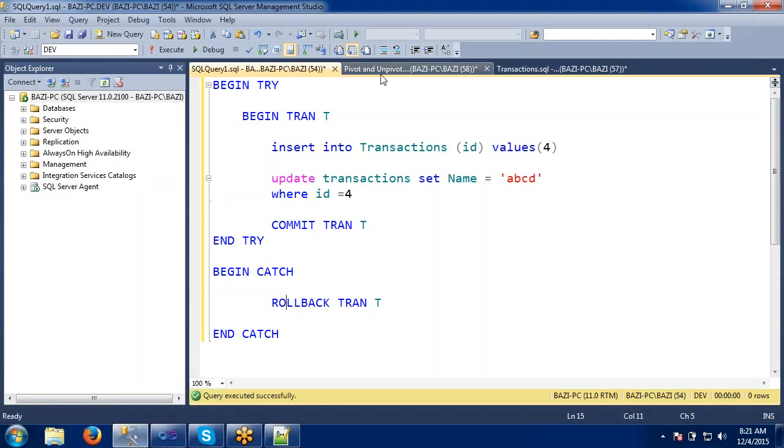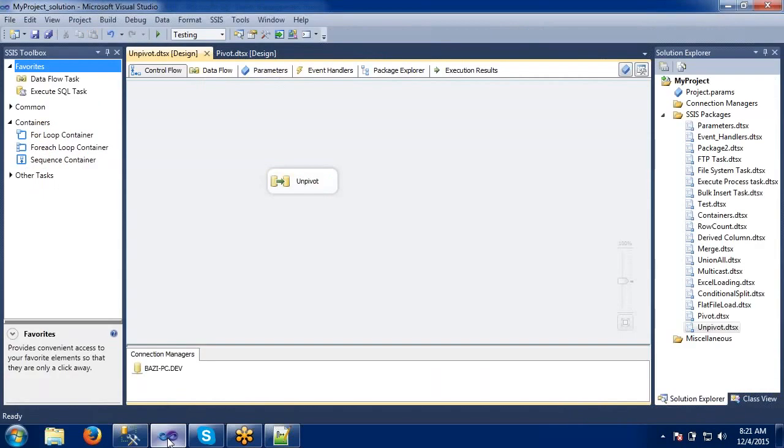Now we will see in SSIS how it will be taken care of. This is programmatically how the transactions are done on the backend side. Now how can these options be useful in SSIS, how can we use this? Simply we'll take one example and see.